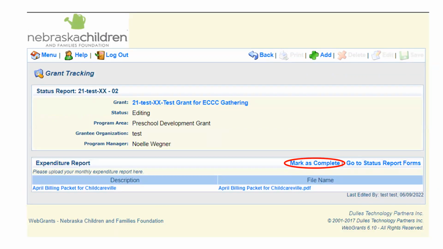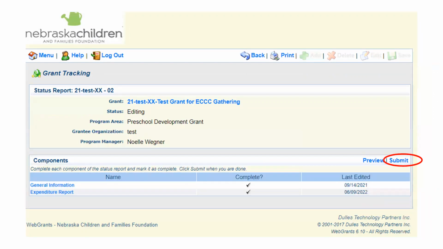These next couple of clicks are really hard to remember because you feel like you uploaded and you're done, but you're not. Now you have to hit Mark as complete, and then you have to hit submit. Now that is the last step. Once you hit submit, I get a generated email that says the report is ready for review. If you don't hit submit, I will not know that you did all this awesome work and that you're ready for your reimbursement. Once it comes into me, there is an accounting review and a comparison to your budget, and then it gets set up the chain in our accounting department for final approval and payment.